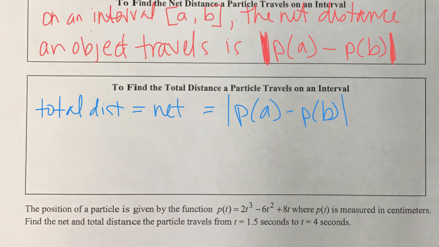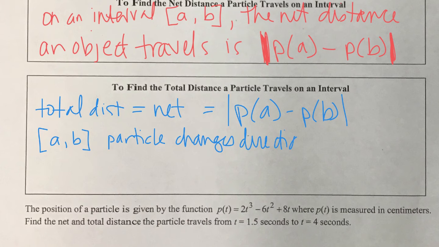But if on some interval it changes directions, so if on the interval from A to B your particle changes directions at some other time C, sometime C between A and B,